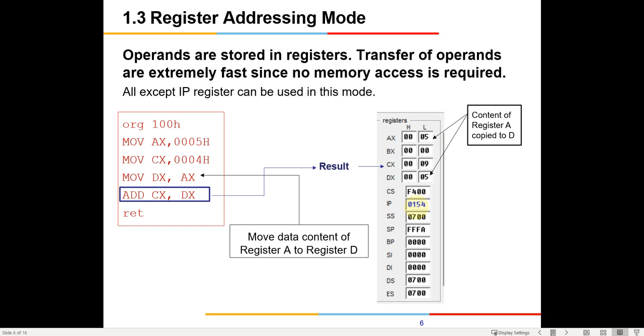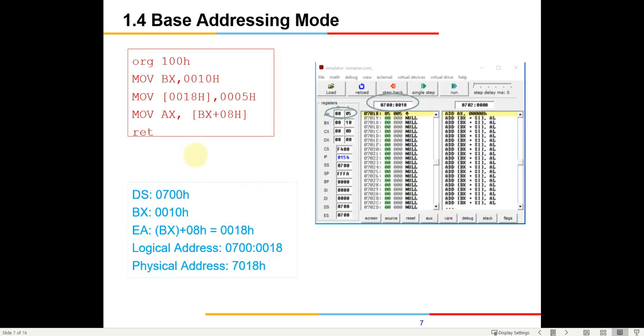And then you also need to see how the IP moves here with each of these commands, and whether it is jumping by 3 or 2. So you have to correlate it with the number of bytes the machine language takes. So that also you need to know correctly. So this is the third one, and the fourth operation which you are going to do is base addressing mode.